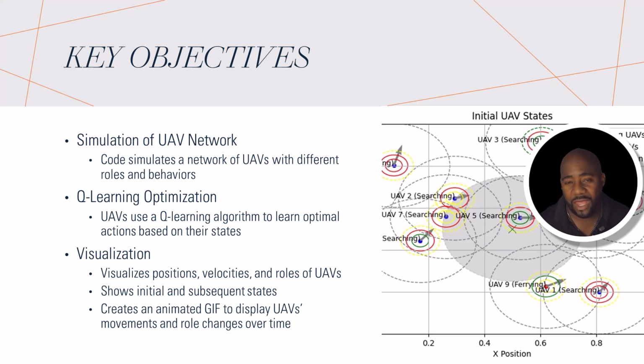And we wanted to figure out, with all of this information, with the network conditions, the position of the other neighboring drones, and the position of the ground station, all of those having flying options, could Q-learning be used as a reinforcement learning model or algorithm to help us determine when it would be best for a searching drone to turn into a ferry drone and a ferry drone to turn into a searching drone over the network. So we did that through reward functions.